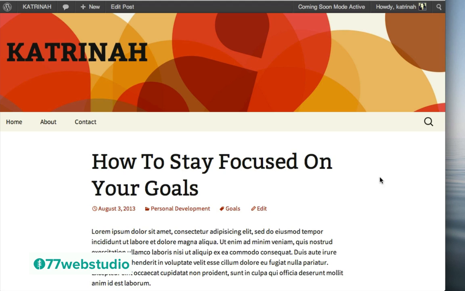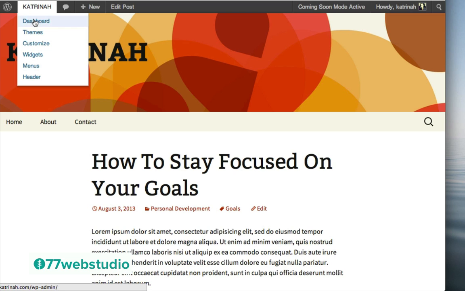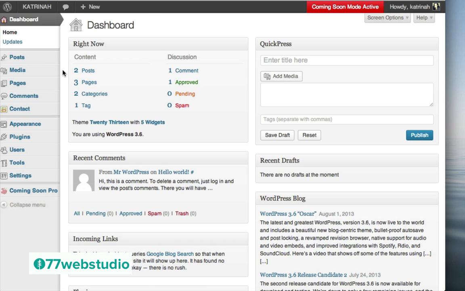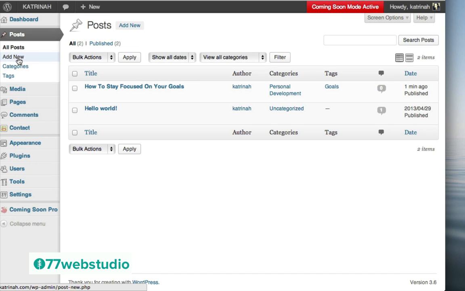To do that, once again, I'm going to add a new post by going up to the top and clicking on Dashboard. And then on the left-hand side, I'm going to click on Post one more time, and then click on Add New right here. Also note, you can add a new post by clicking on this button as well that says Add New. So on the left-hand side, I'll just click on the Add New link to create a new post.